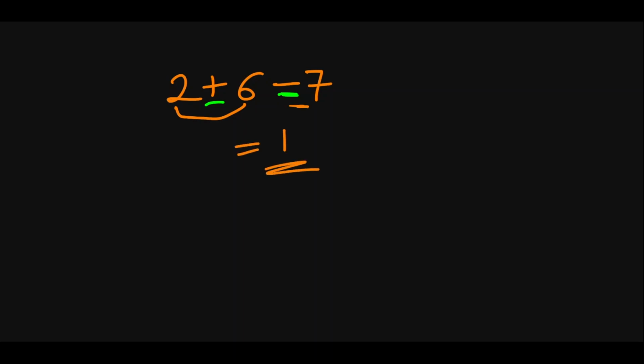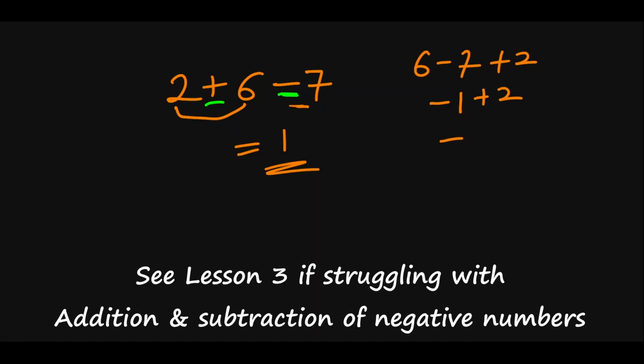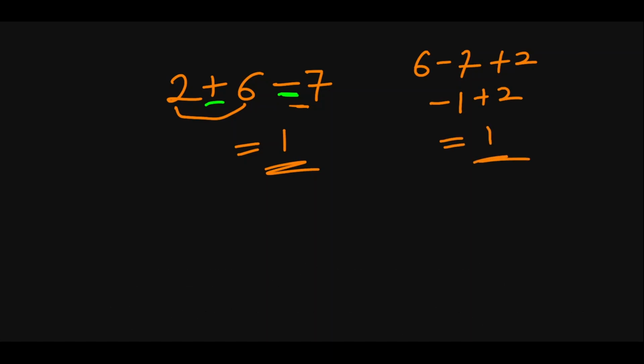And that's the answer. Even if we go the other way, 6 minus 7 plus 2, 6 minus 7 is minus 1, and then minus 1 plus 2 is 1. So you see, whichever way you rearrange the question, the answer remains the same, provided those three concepts are at the back of your mind, you already know them and you've mastered them very well. Now let's look at an example with the multiplication family and see if this is also true.